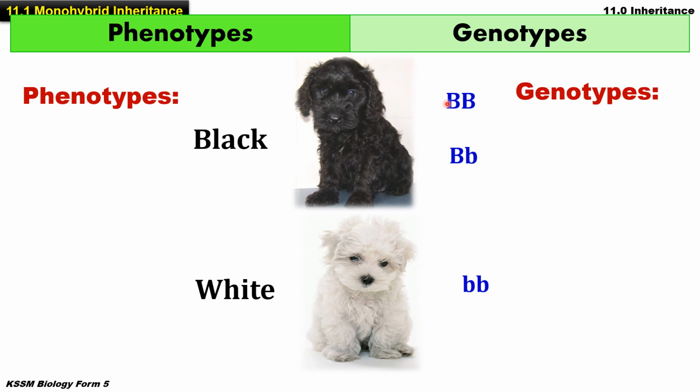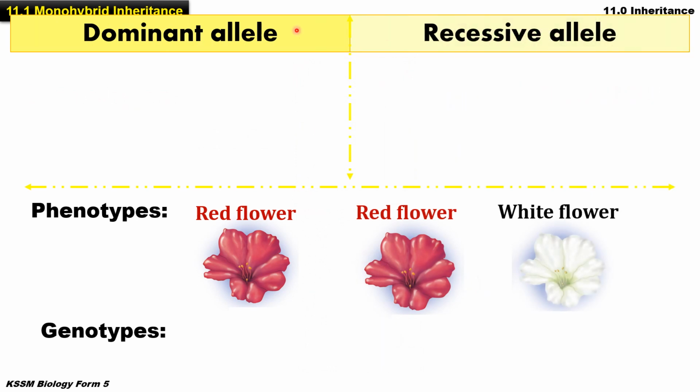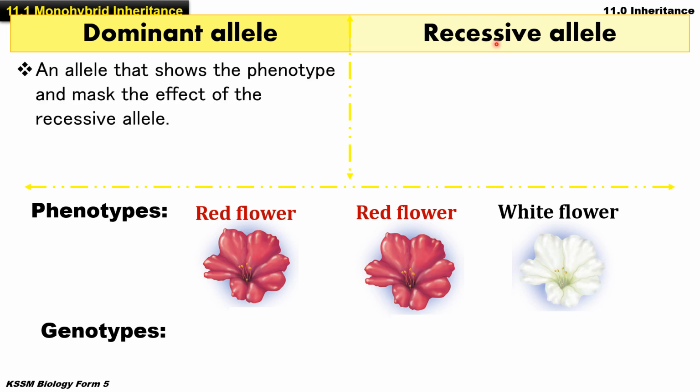Okay, kenapa ada B besar, B kecil, B besar, B besar, B kecil, B kecil? Okay, so this is the writing technique to determine the dominant and recessive allele. Okay, allele tadi kena ada berapa kromosom? 2. Ingat, allele mesti 2 kromosom. So,